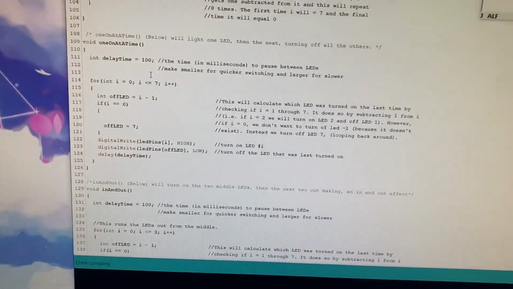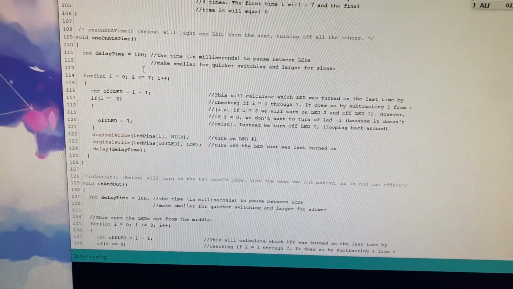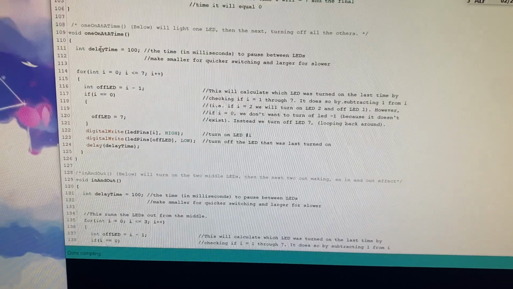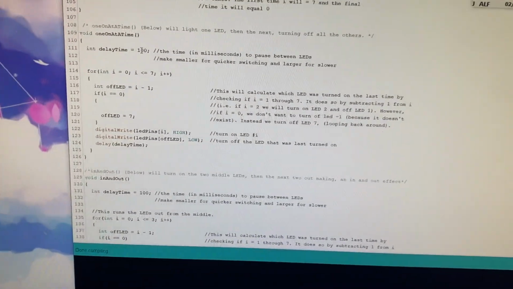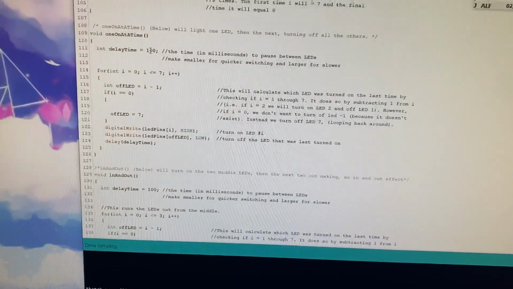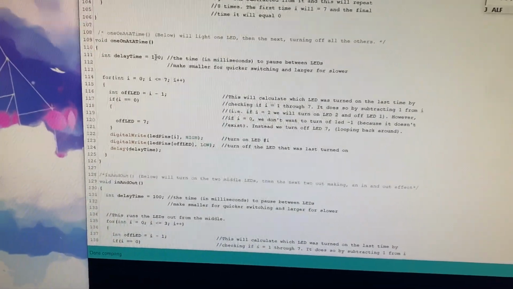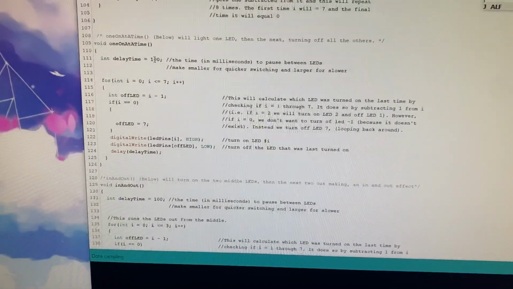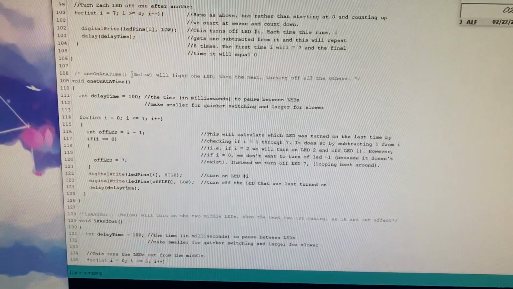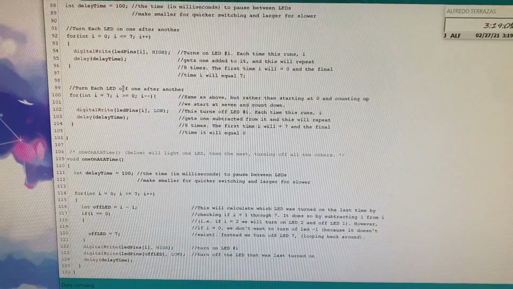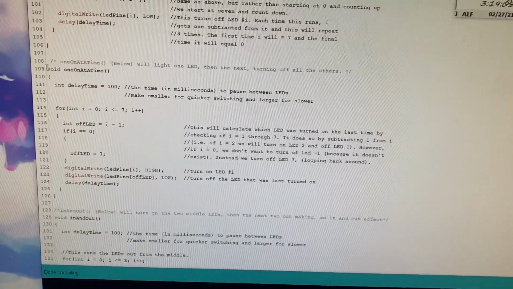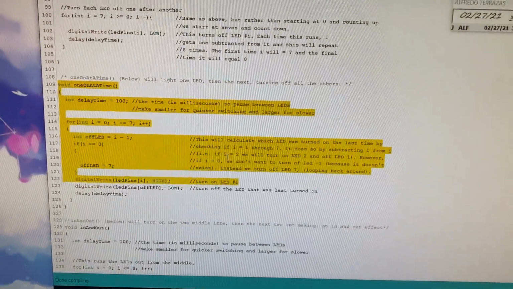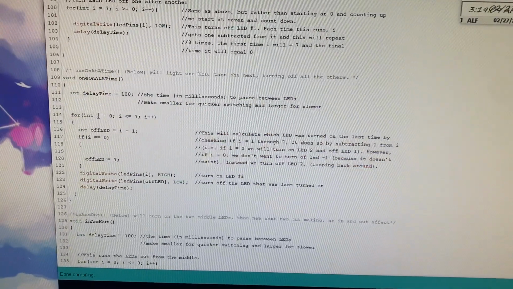This one is going to start again at the top with the delay time integer value, which again is going to determine the time in between the pins lighting up and dimming back down. But in this case, it's going to use a different sort of formula to determine how the LEDs are going to work. It's going to use, once again, the for loop,